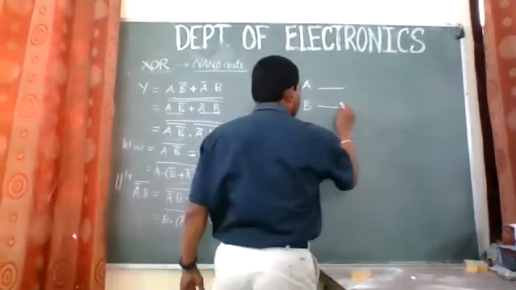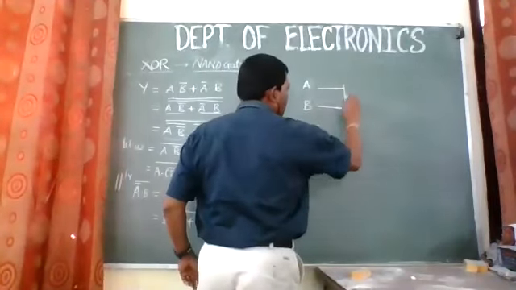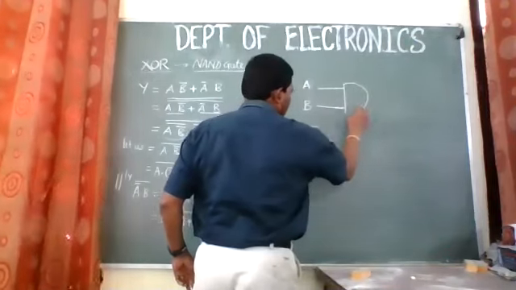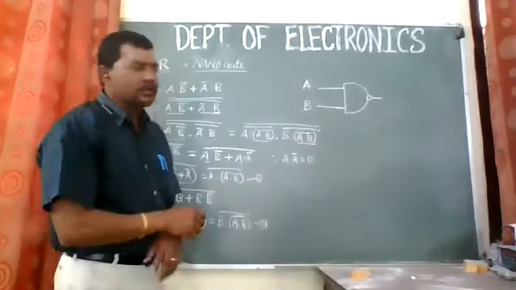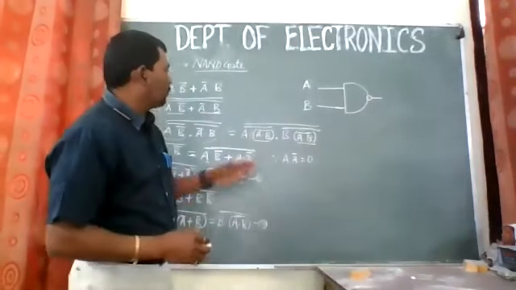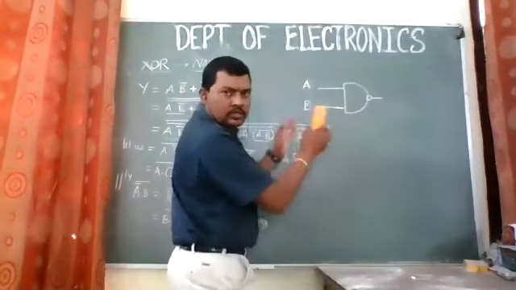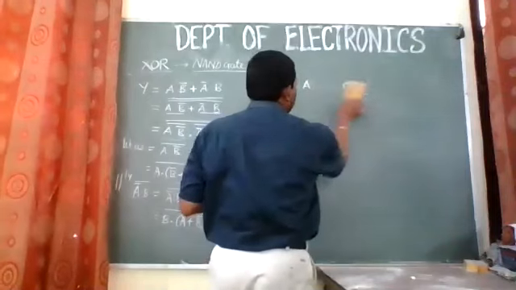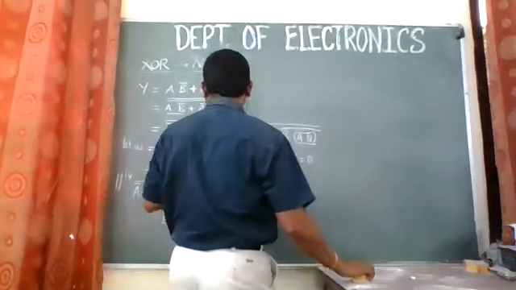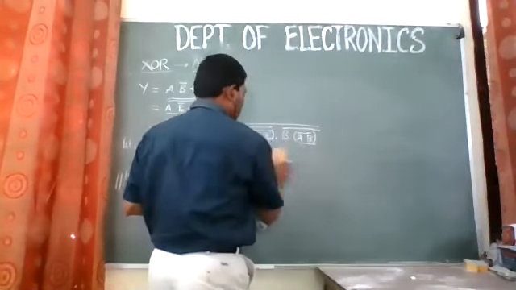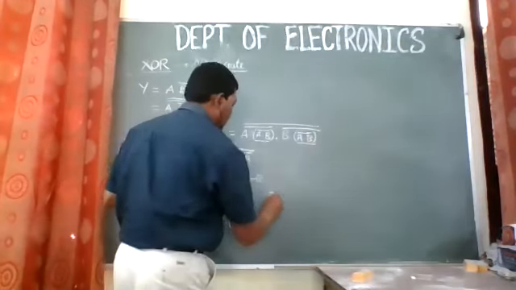Now I will just NAND this by putting a NAND gate over here like this. There will be a smaller space. You'll require more space because I need to draw a little bigger circuit. So how to accommodate that? Let me write this equation over here and then we'll try to solve in this space.